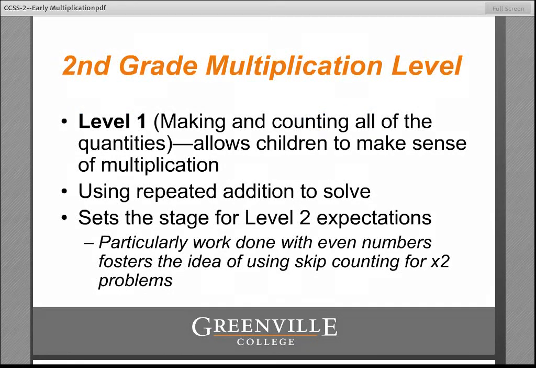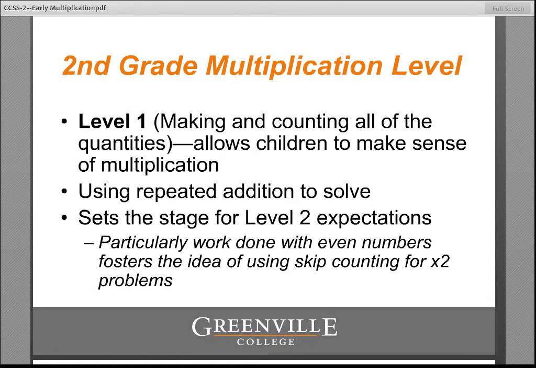Level 1, essentially, just to give you some background here about what that looks like for multiplication, is acting out problems with concrete materials or drawings and using repeated addition to solve. So visual models and/or concrete materials are going to be really important learning tools at this stage. We don't begin by giving them flashcards, because that's shifting straight into the abstract without building meaning. So at this point, the primary thing they need to do is make meaning out of multiplicative